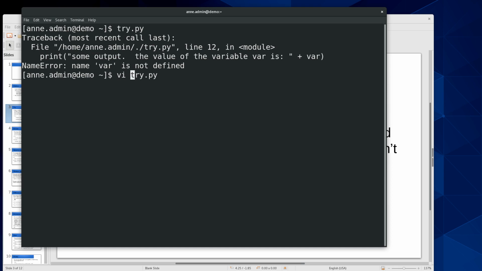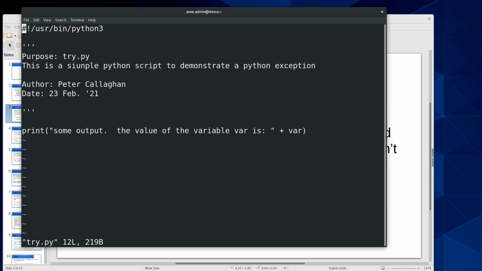Let's open this up in vi. It's a very, very simple script. I'm using a shebang line appropriate to this machine. I've got a block comment, which I thought I caught all the typos in beforehand, but apparently not: simple Python script to demonstrate a Python exception. And it's trying to print out some output, but I'm making a very simple mistake. I'm trying to use a variable that doesn't exist yet,